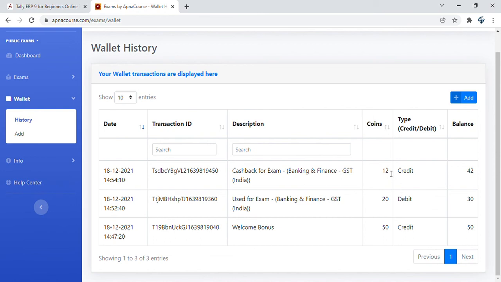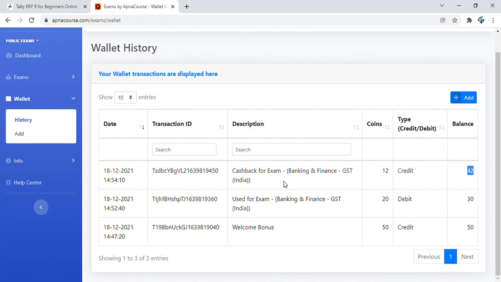We got 6 right and we got 12 credited, so balance is 42. So net on net, we have not lost much. We've gained a lot actually by not attempting 14 questions and still just losing 8 Acoins.